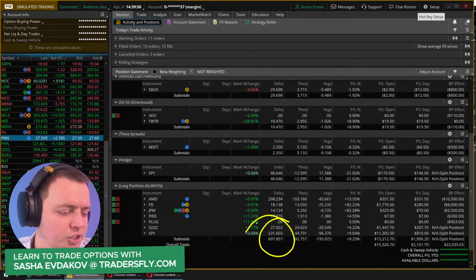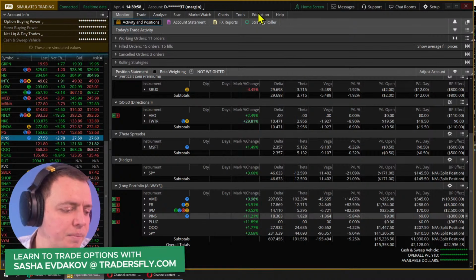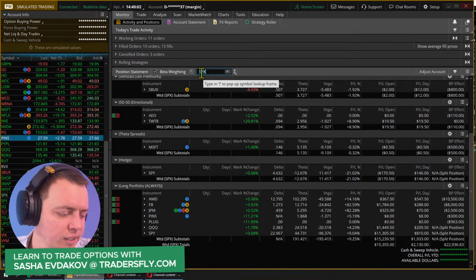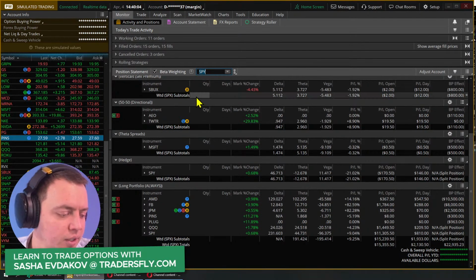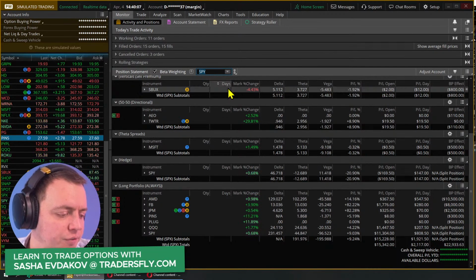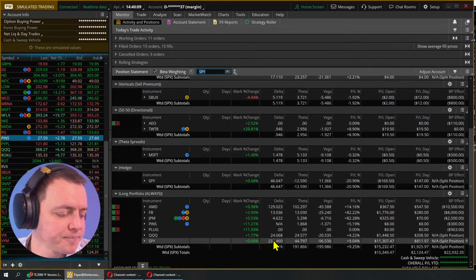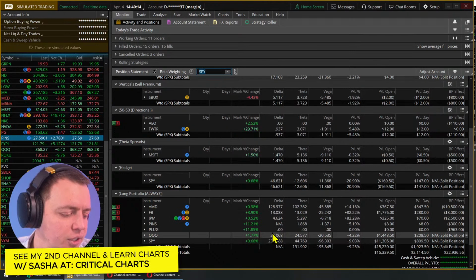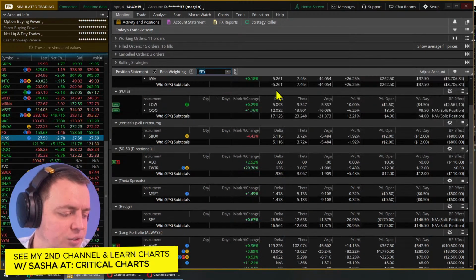So anyway, we'll start something like this, hedging a portfolio. I'm checking out the deltas here. You watch all these deltas. And the way you decide that is, I'm looking at beta weighted. Let's look at SPX. Well, actually, we won't do that. SPY. So if I look at beta weighting SPY, I'm looking at 46. There's a ton of positive delta. So I need